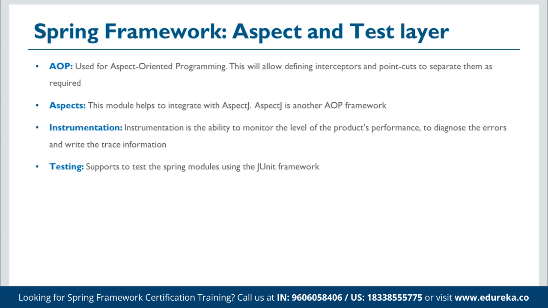The next is aspect and test. An aspect is what? In an application, there is some concern which is a cross-cutting concern. Cross-cutting means they are agnostic about business. Say, for example, logging. If you are logging in production, it has nothing to do with business. If you are securing an API, it has nothing to do with business, right? If you are doing transaction management, nothing to do with business, right? So all these cross-cutting concerns